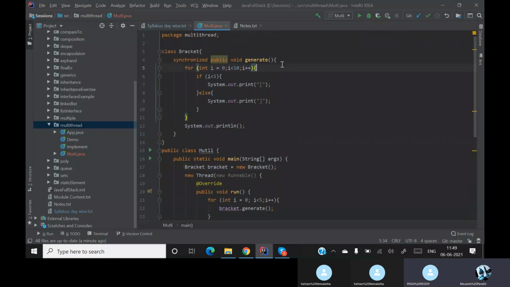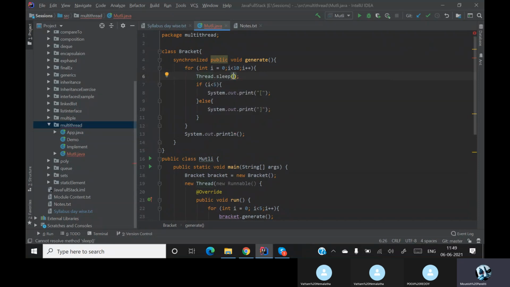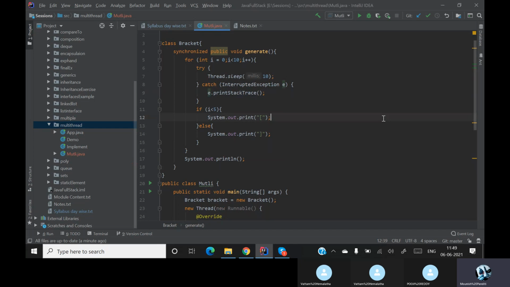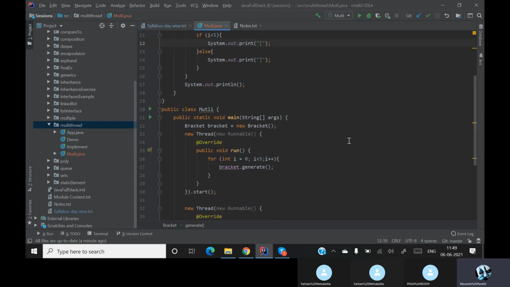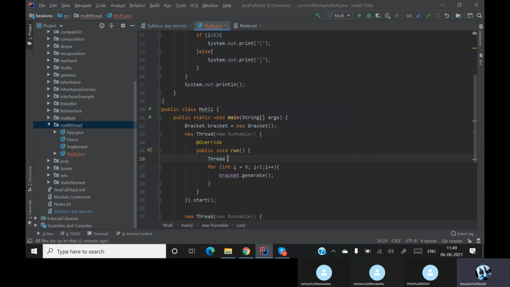Now what I'll do is I'll impose some timer over here for sleep. I'm telling you to sleep for 10 seconds and instead of putting a throws, I'll simply surround it with try and catch. Oh, sorry, there is no need to put a thread class over here.